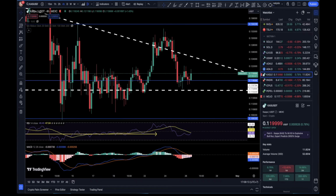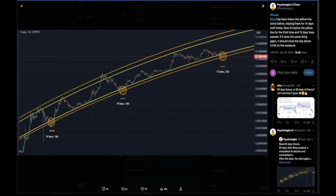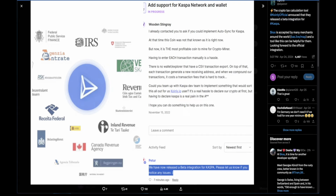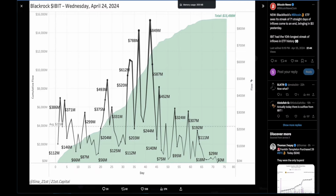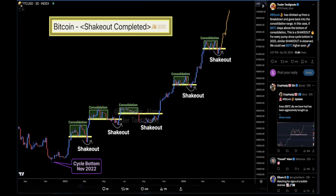In today's video we are going to cover Kaspa, its recent price action. We are going to cover a couple of interesting charts for Kaspa, and on top of that we are going to cover a couple of interesting news that actually are bullish. And then of course we are going to cover BTC, its recent price action, and a couple of interesting long-term